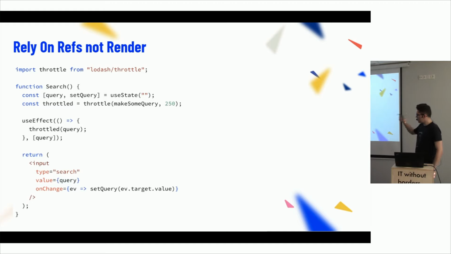So what doesn't work here is this throttle function, because within each render, although hooks look a little bit like magic, they're not, and the function is the component render function. It will produce a new throttled function each time, and you will end up with as many throttled functions that will only be used once each time it renders.